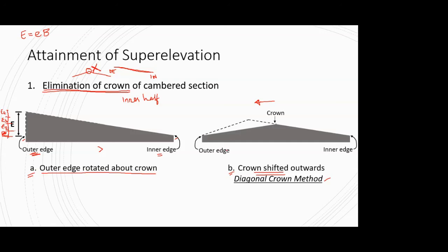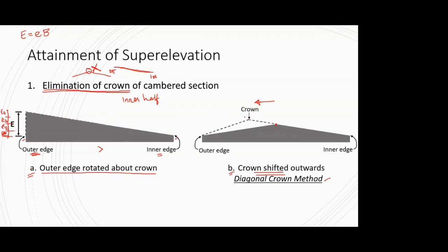So by shifting, what I mean is, I'll provide a cross section something like this. So this dotted line is nothing but, this crown which was initially over here has now shifted to this location. So suppose at the start of the transition curve, this is the cross section. Maybe after, suppose, 10 meters of transition curve, this will be the cross section, along with the dotted one. So what we are doing is, as we travel some distance ahead, we are changing the cross sections gradually. So I have shifted the crown to the left.